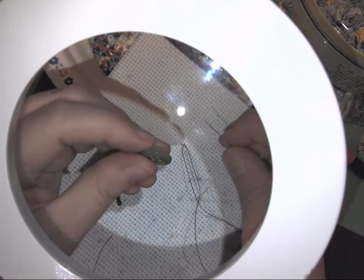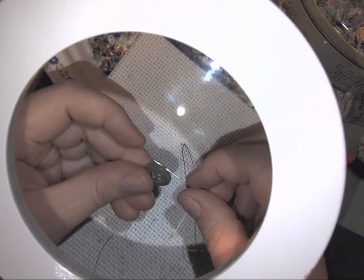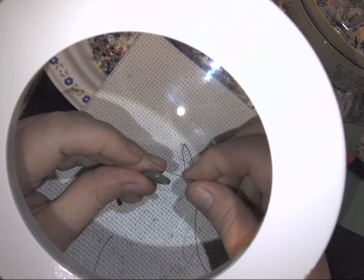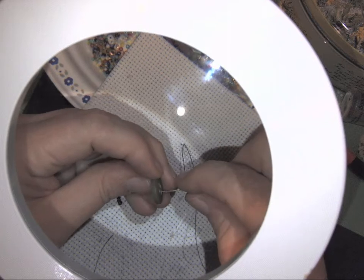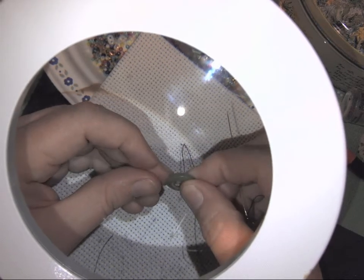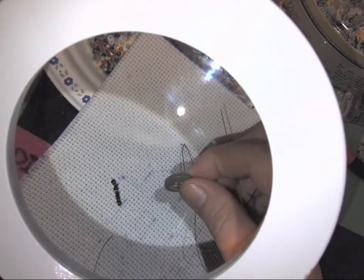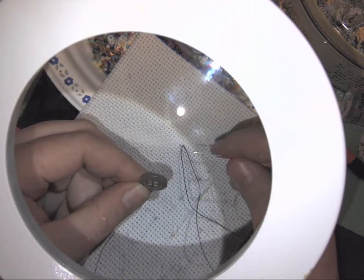Here's my button. Your button on a shirt actually needs some room behind it to accommodate fabric. Lots of times if your buttons are popping out on shirts, especially cheap ones, it's because they sewed the button with a machine and the button is so tightly sewn to the shirt that there's no ease for the fabric to come in. So normally if I was sewing a button to be used as a button and not like a cabochon, I would put a toothpick or matchstick here and loop it, and it would end up being kind